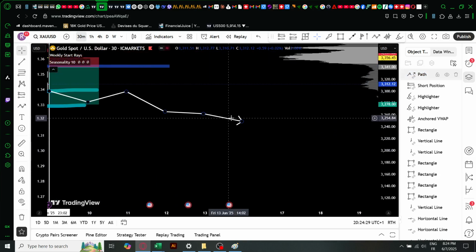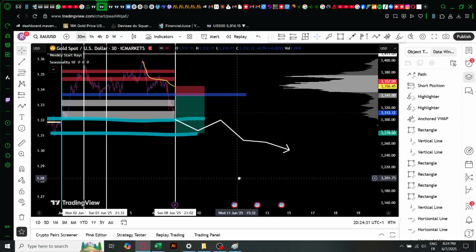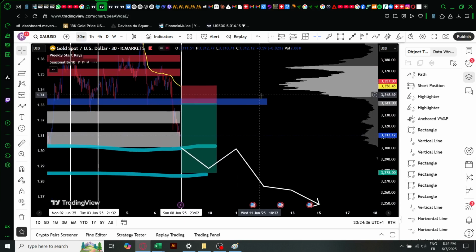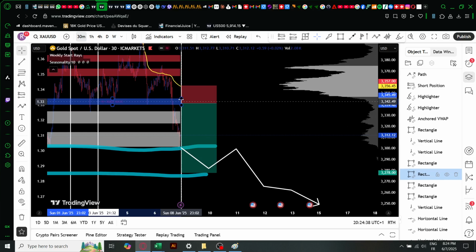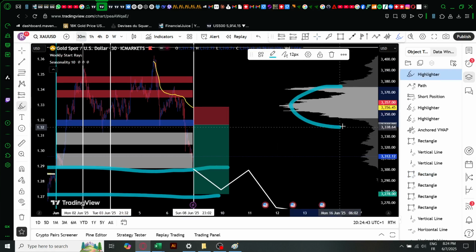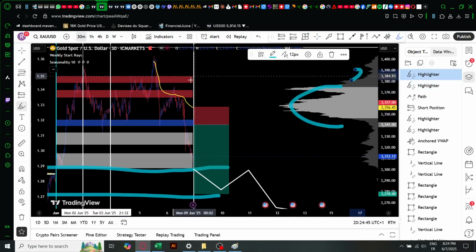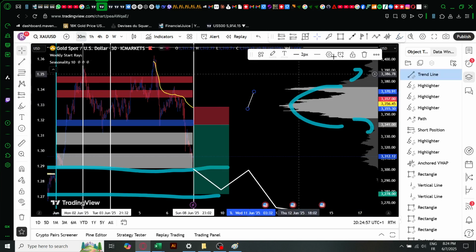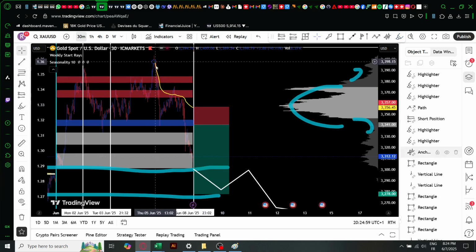Did I make something wrong? No, I made nothing wrong. So we can see over here that we have two very strong levels. How to identify a very strong level? We have this huge volume cluster, and on the edges we have level 1 and level 2, which is over here. So we had a breakout from our very strong level, and even when to use a VWAP on this very strong downtrend or bearish trend,